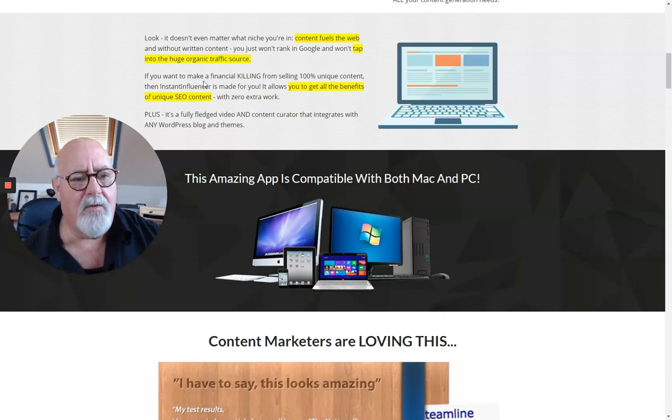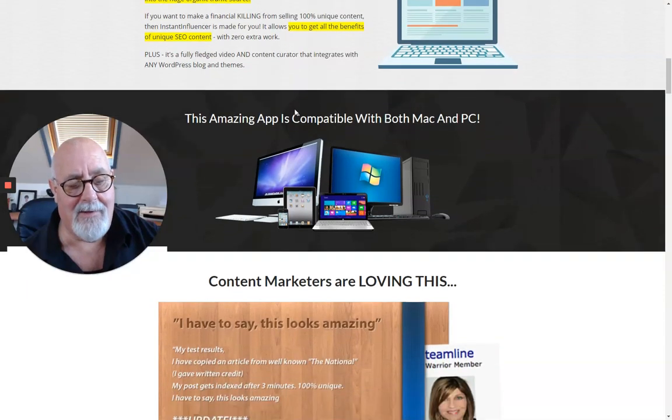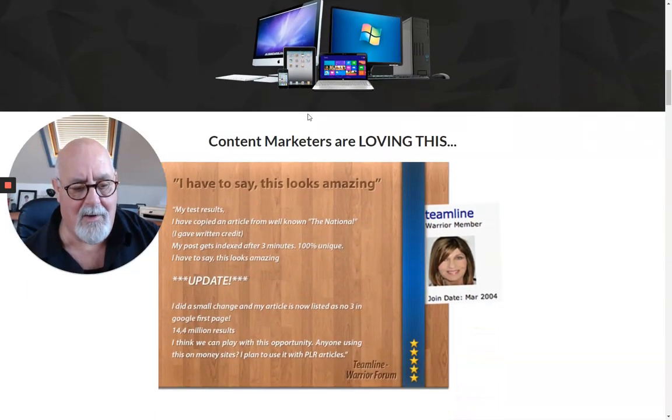Look, content fuels the web. Tap into huge organic traffic sources. You get all of the benefits of unique SEO content. That's so powerful. I noticed that there are a couple of